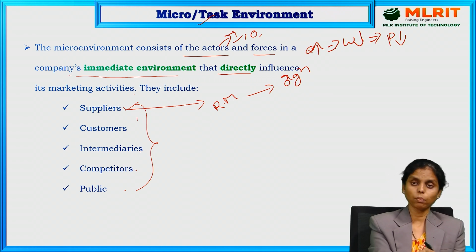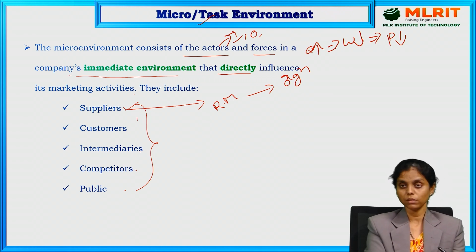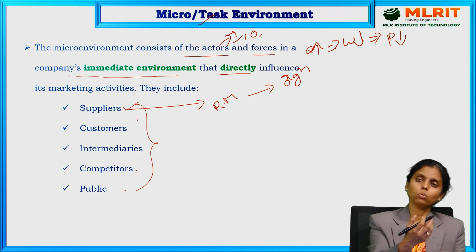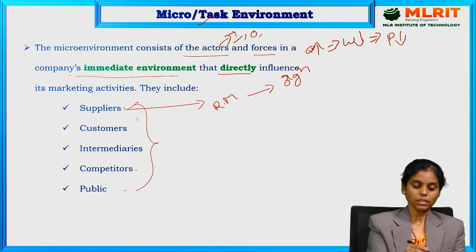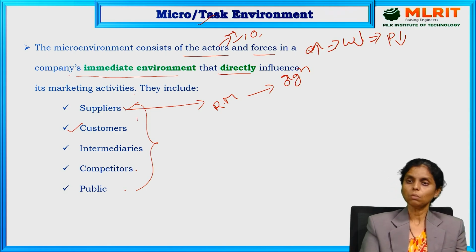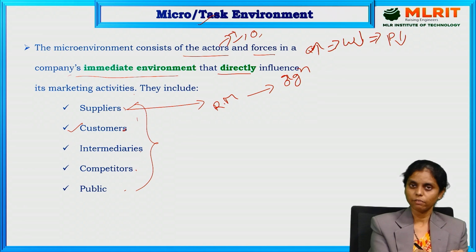But when the bargaining power of the supplier increases, ultimately our marketing decisions will go under the control of suppliers. The next factor that we have is customers, who play a very key role in any type of business. Irrespective of the quality or price of the product, if it is accepted by the customer, then definitely the organization can succeed in the market.